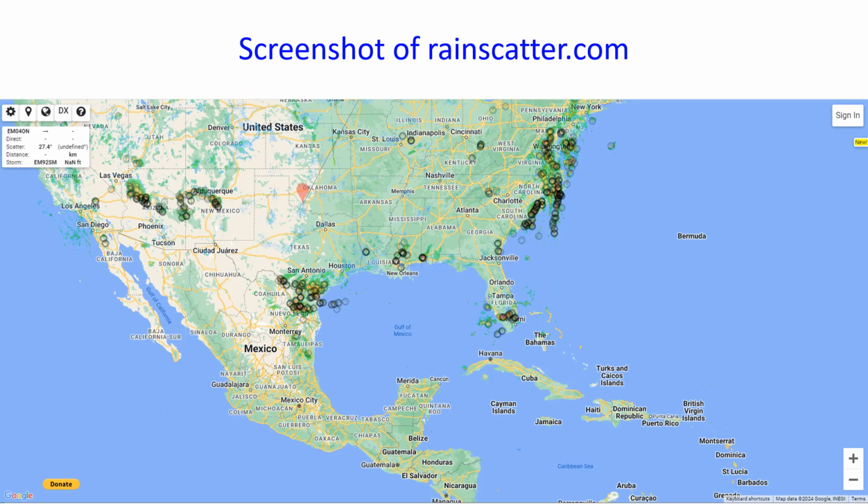There is a web application which helps radio amateurs in making rain scatter contacts at rainscatter.com. The application automatically downloads storm data from the National Weather Service in the United States and identifies possible propagation paths between stations. The map shown there is that of the United States of America, Mexico, and up to part of South America. Though I tried reducing the size of the map to see if it covers rest of the world,